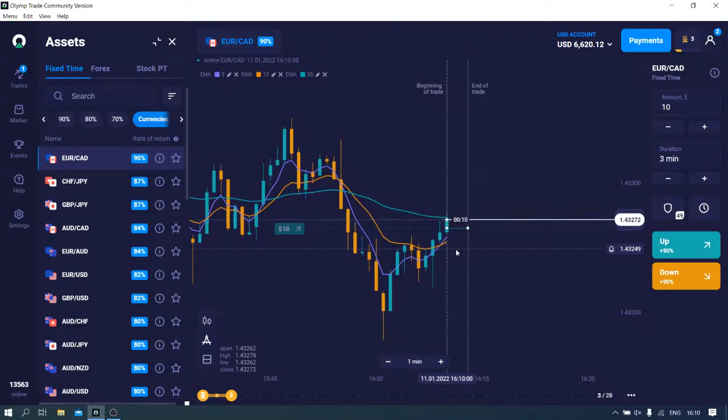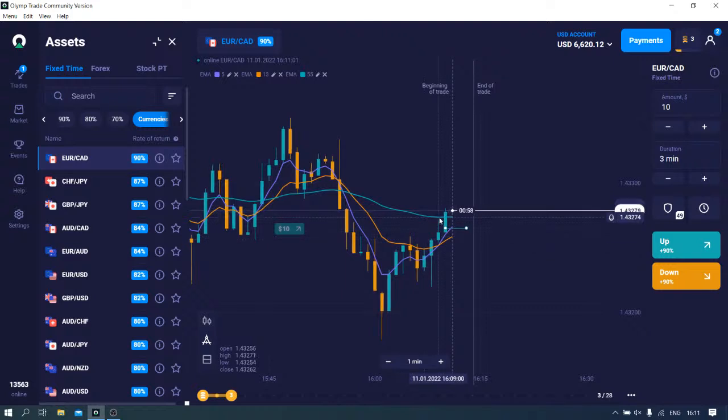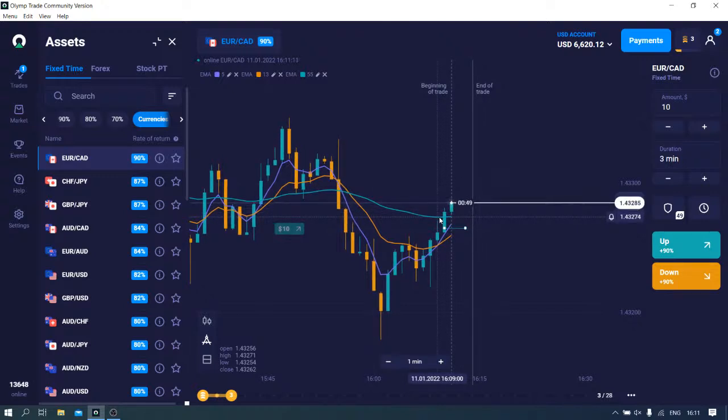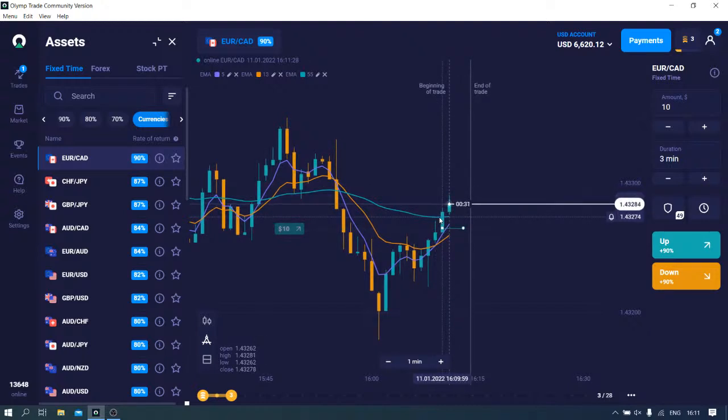Okay. At the moment I've just opened this trade, $10 up, and we'll see the result. In my style of trading, I usually prefer to have one trade opened at a time. These are the rules that I set for myself. And whenever you break a rule, you should immediately stop and revise what you've just done, like whether it was made by your emotions. But again, please remember to follow the rules that you set for yourself.